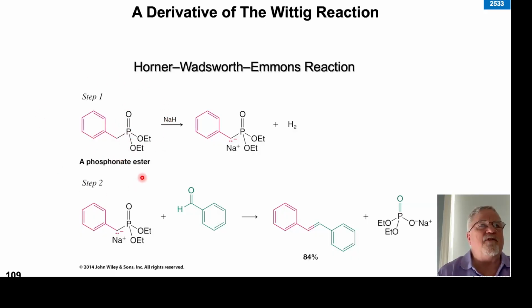So we have these phosphonate esters. This is a very electron withdrawing group. It withdraws enough electron density to make the protons on this carbon slightly acidic. We need a strong base again. In this instance, they're using sodium hydride. Sodium hydride will pull off one of those protons on that methylene group right there, and we get this anionic intermediate,